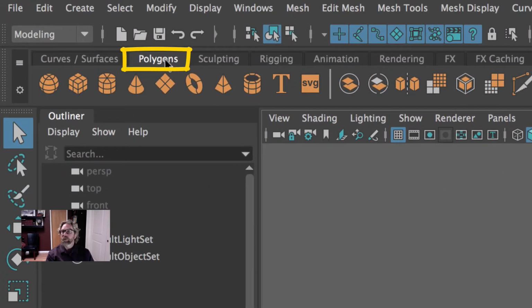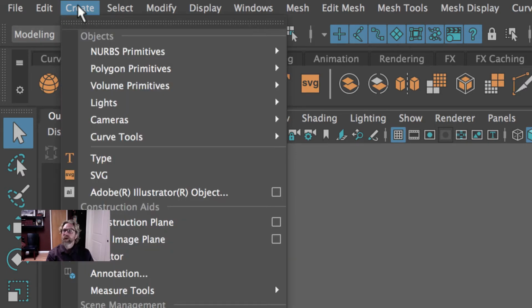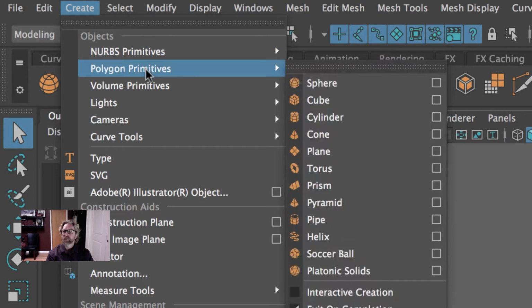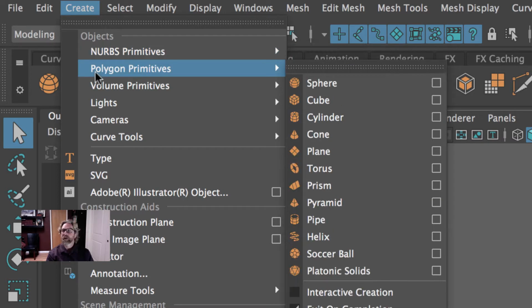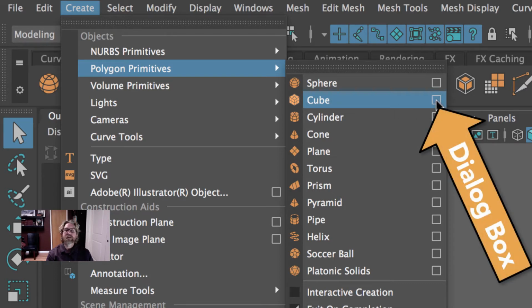If your poly tab is available to you, you can click on the cube. Let me also show you, you can come to create poly primitives. Note, there are NURBS primitives, which we will discuss later on in the semester. But you can come to poly primitives, cube, and the little square at the end is referred to as a